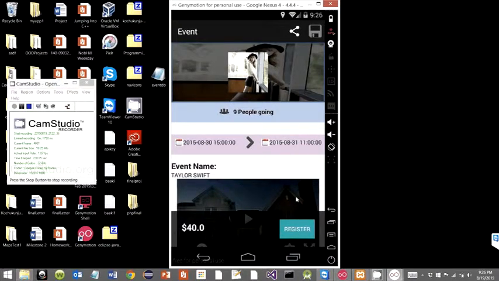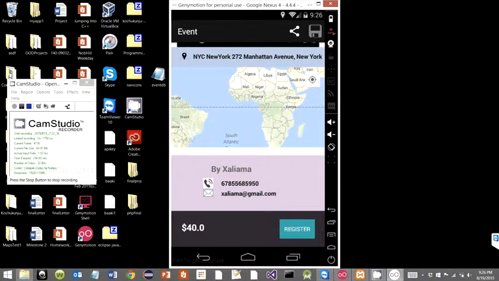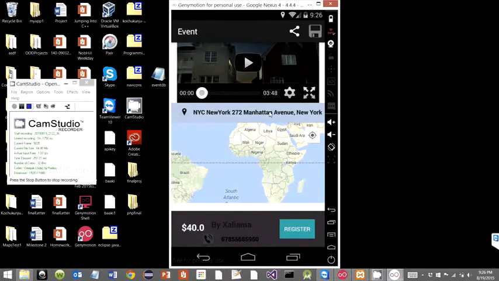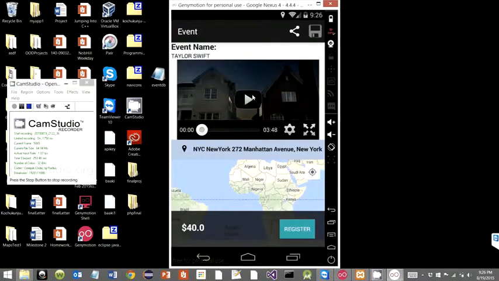Now in the detail event, you could see start date and date time, and if you scroll down a bit, you could see YouTube being integrated into that. The YouTube is a fragment which is being integrated here.